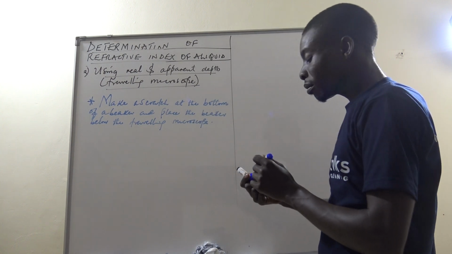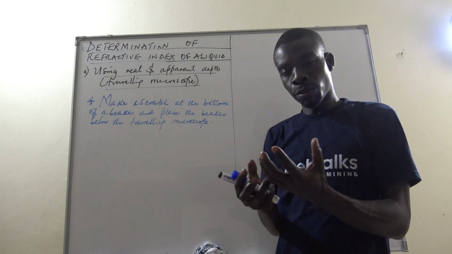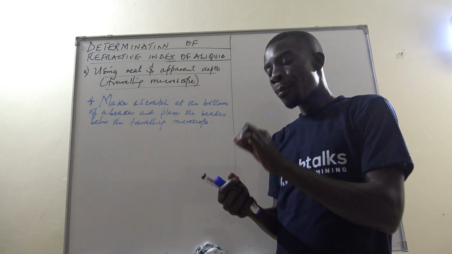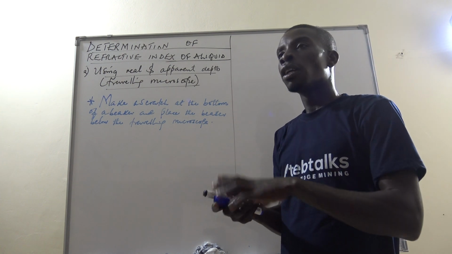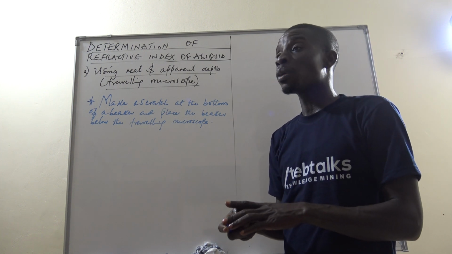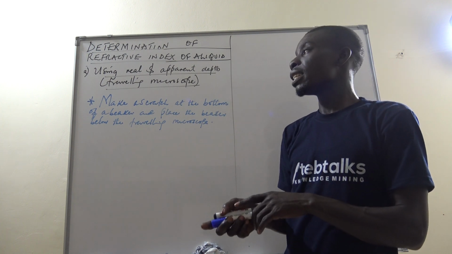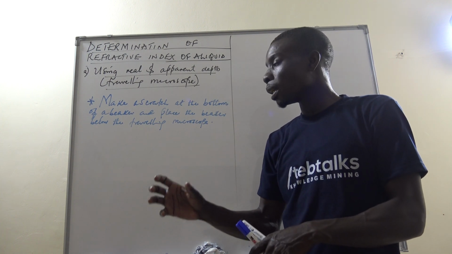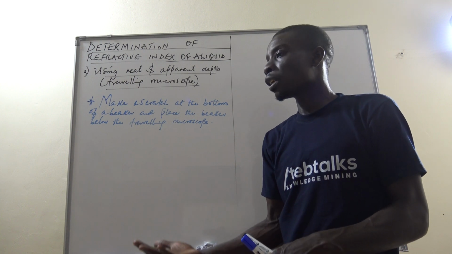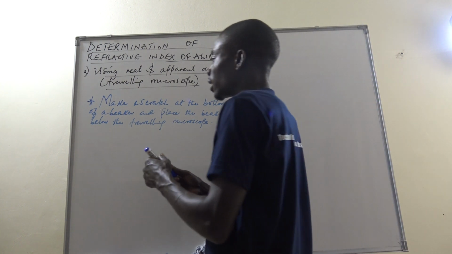Okay? If I have a beaker, the usual beaker we know, make some scratch that can act as our object. You can make a cross or put a dot, but something which can be seen. And then get that beaker and place it below the traveling microscope, isn't it? Below it. So after doing that,